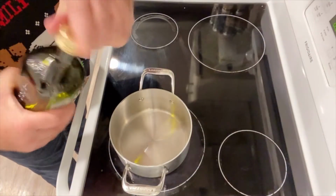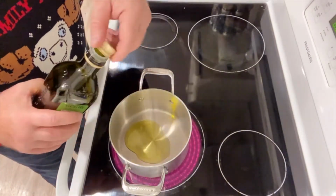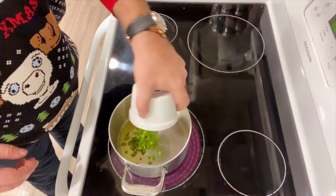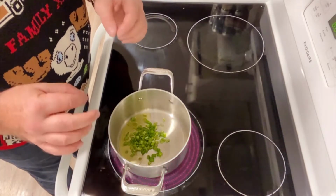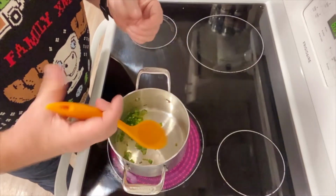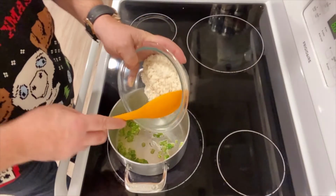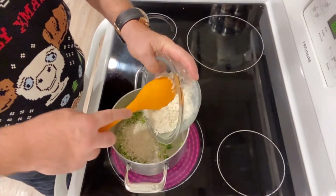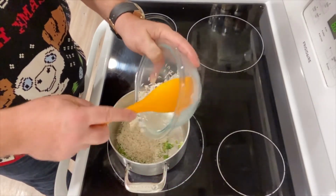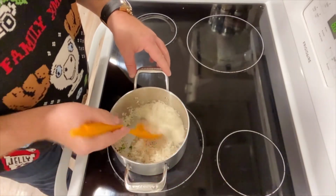For this, I grabbed a slightly bigger pot. We're just gonna put about an ounce, a tablespoon of olive oil on there. And then we're gonna add our green onions. We're just gonna saute these just for a little bit. By sauteing the onions in the oil for a little bit, we're gonna help release some more of the flavor. Now we're going to add our pre-rinsed rice to the pot here. We're just gonna bring it around here, and we're just gonna toast the rice just a little bit, allowing more of the flavor to get